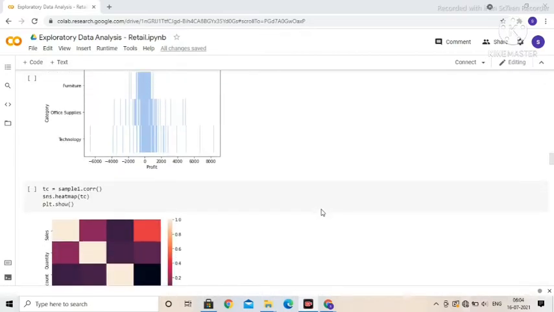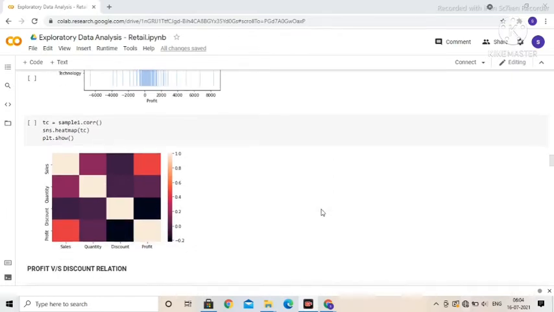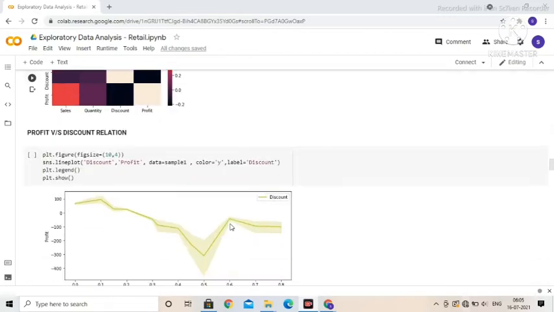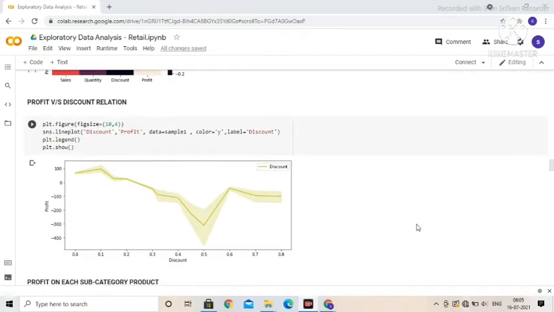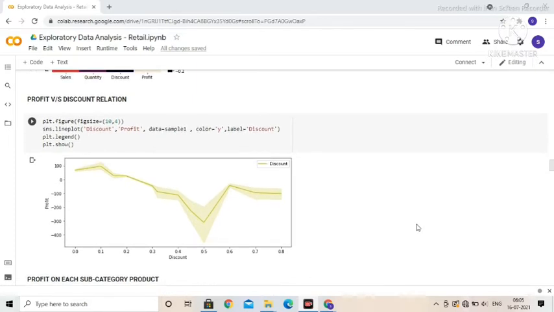And to get the correlation plot, we have used the heat maps. So we can see that sales and profit have the high concentration, while discount and profit has the lowest concentration. After this, we have used the profit versus discount relationship graph to check the change in the profit with the change in the discount.